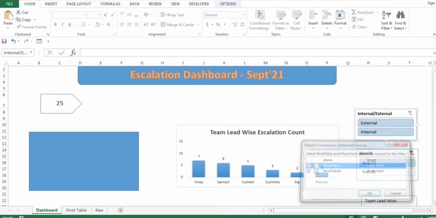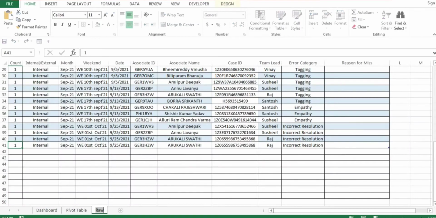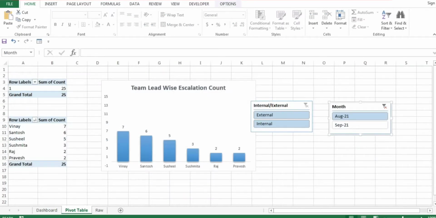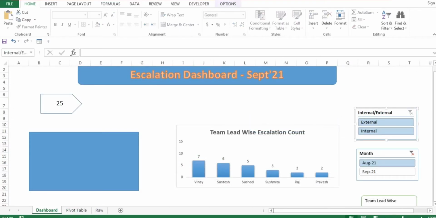Again I'm telling you, once you add new raw data here, you might think I will refresh and it will automatically work. No guys, first you need to disconnect this connection to be on the safer side, so that your dashboard will not crash. Whenever you publish a new dashboard, mostly you will be publishing every alternate day, like every 2 days, 3 days, or maybe weekly.